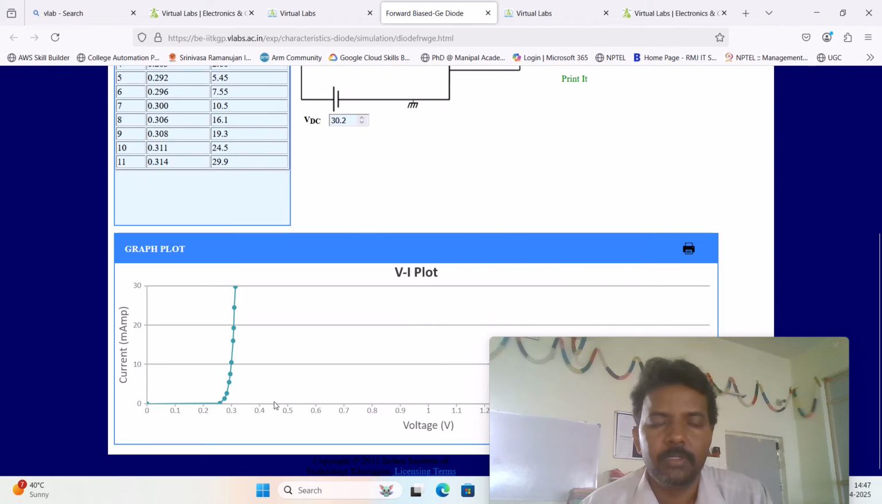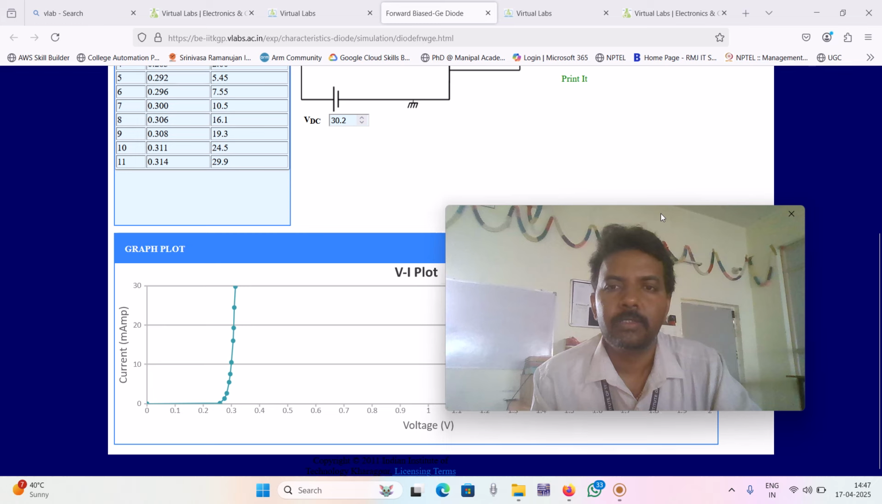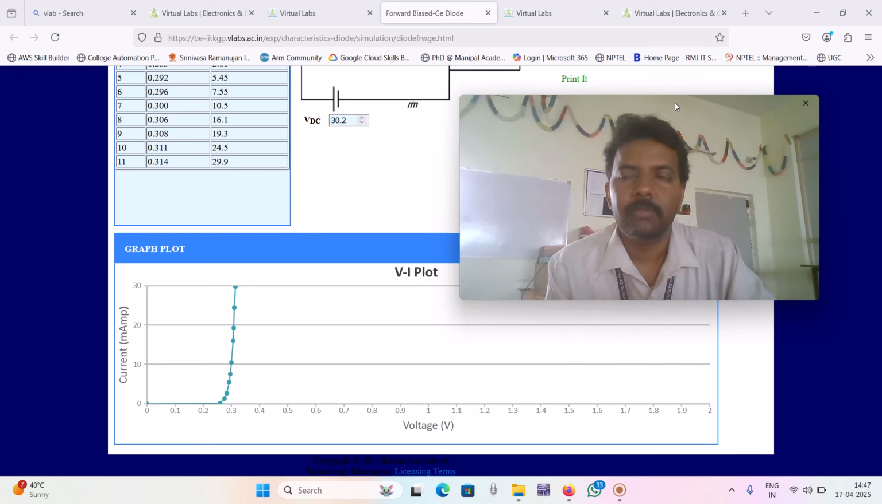See here. After reaching the cut-in voltage, the current flowing starts rising drastically. So this is the VI characteristics of the germanium diode. Okay. So in a similar way, you can